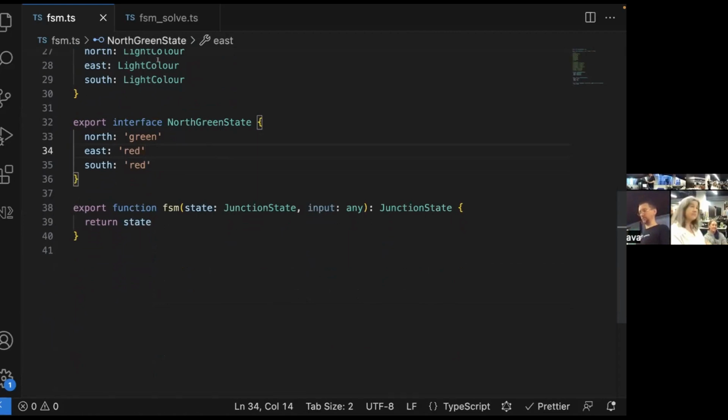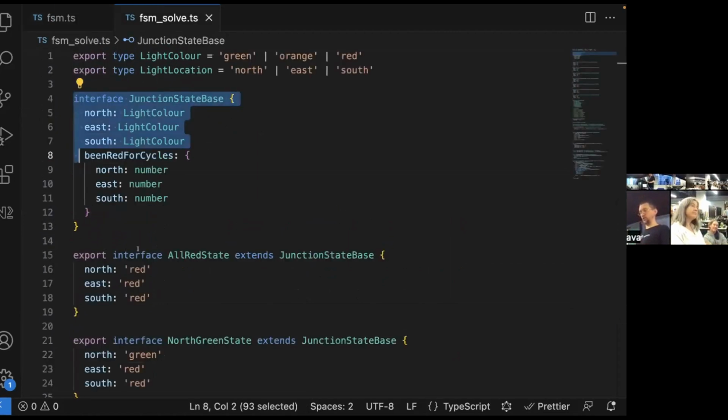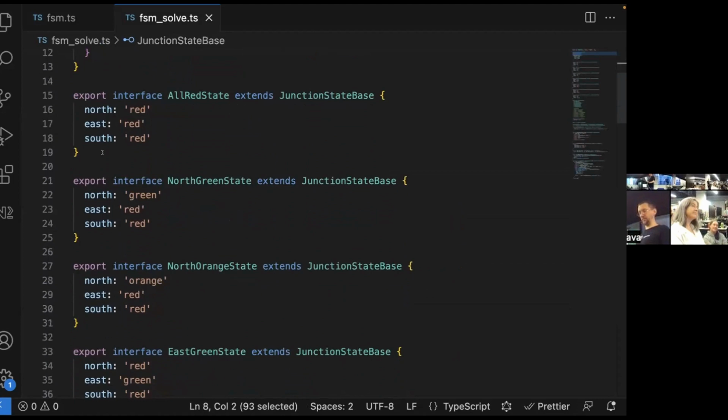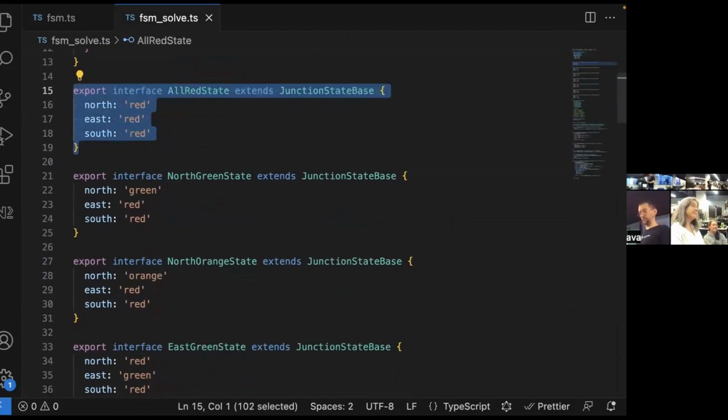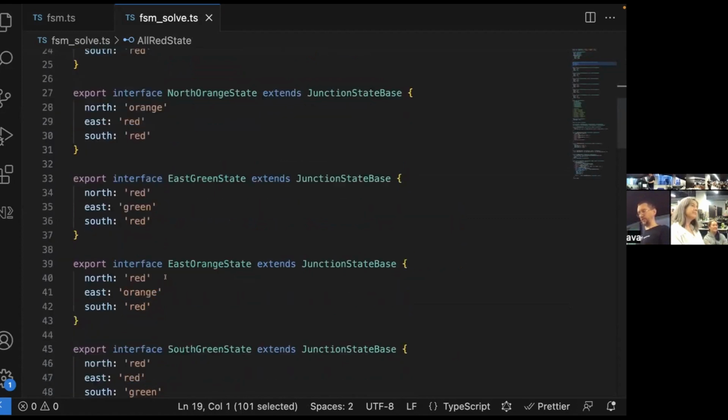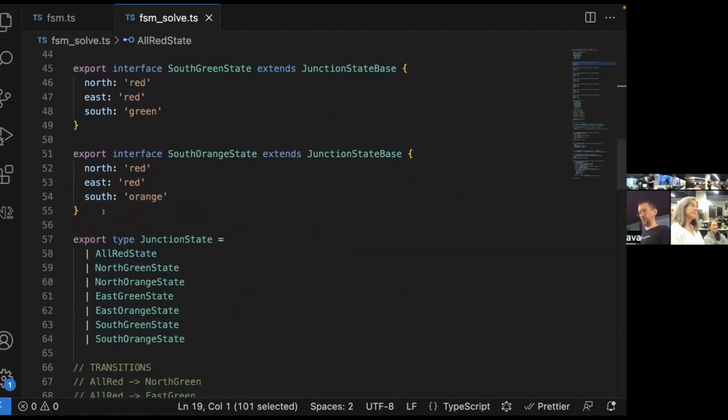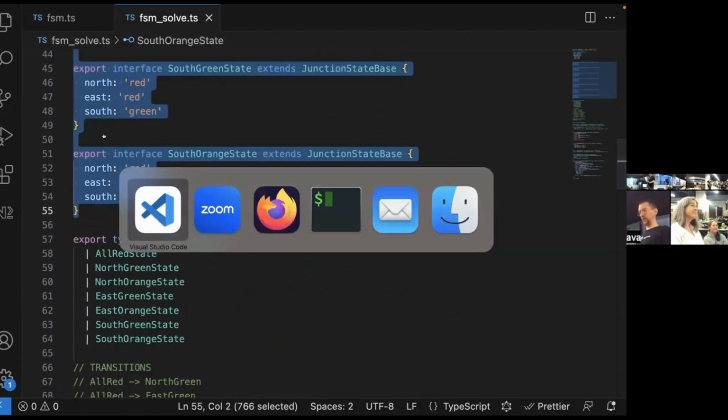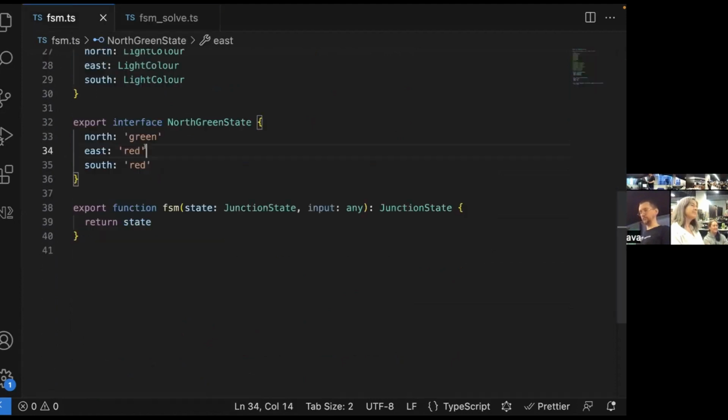So, in the interest of time, here's the all red one. I'll just copy and paste all of them. They're all various variations. The correct variations.